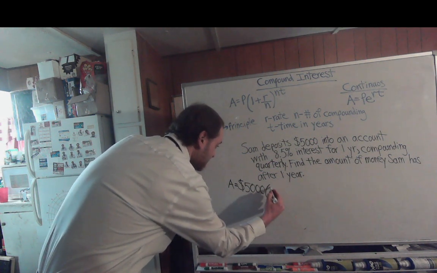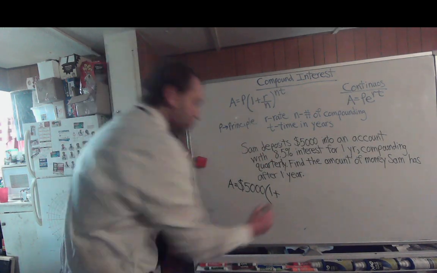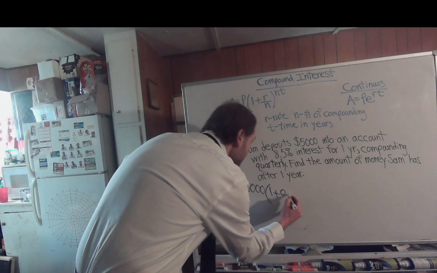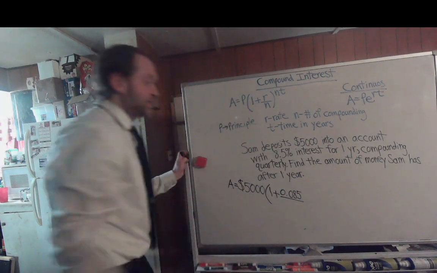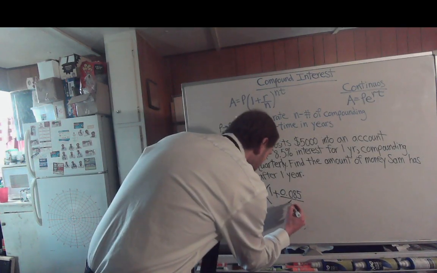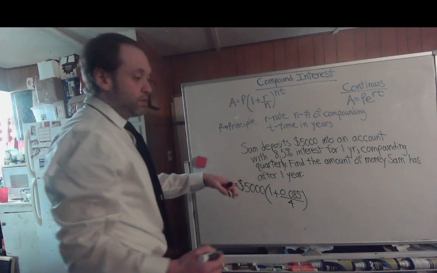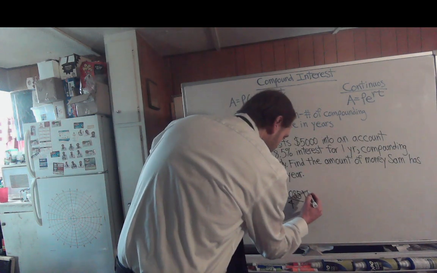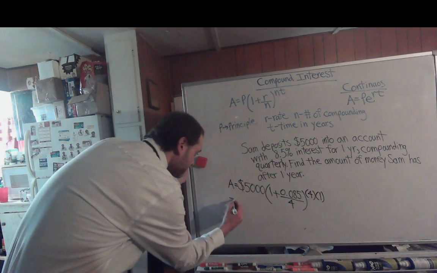Now that's going to be times 1 plus that rate of 8.5%, which is 0.085. Now quarterly means how many times in a year does it compound? It compounds 4 times. This is going to be raised to the nth power. Well, that n is the number of compoundings per year, so that's 4 compoundings per year times the t, which is 1 year. Alright, so this will simplify into